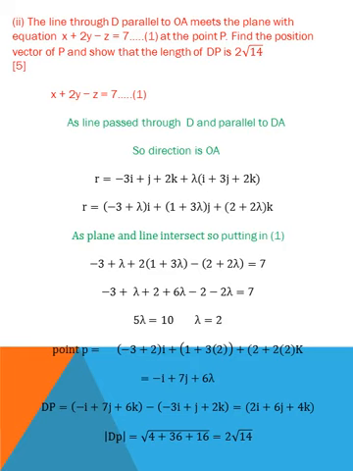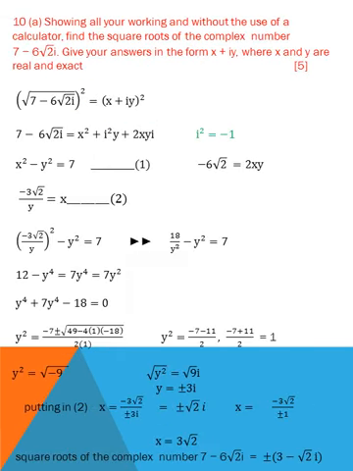I will find that point P is equal to minus i plus 7j plus 6k, not a lambda here, it will become 6k. So DP is equal to OP minus OD. Okay, I will find this OP minus OD is equal to i plus 6j plus 4k. Then find the magnitude or length of DP: 2 square plus 6 square plus 4 square, then it will become 2 under root 14.